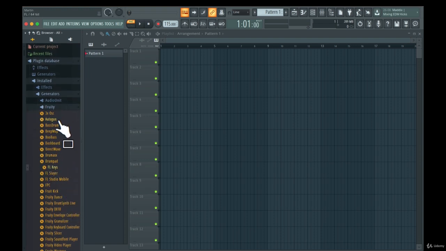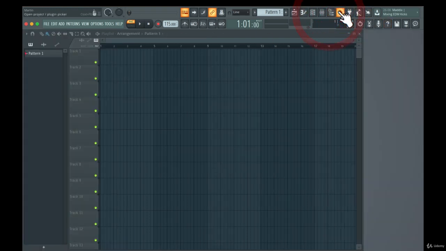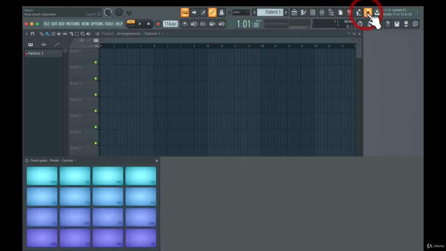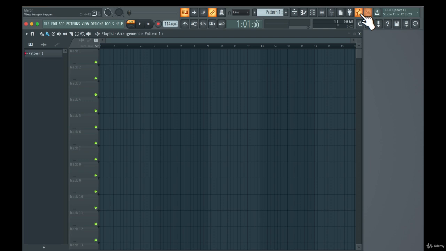Sounds and plugins here. Then we have something called Open Project Plugin Picker. Then we have Tempo Tapper. And then you have Touch Controller. So the two last buttons here, I'm just going to cover this really quickly because I won't cover this later